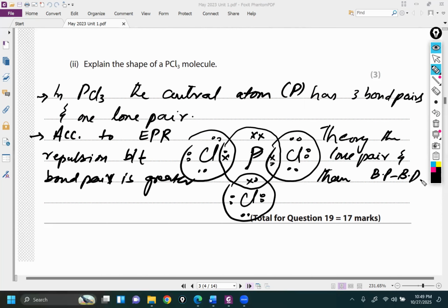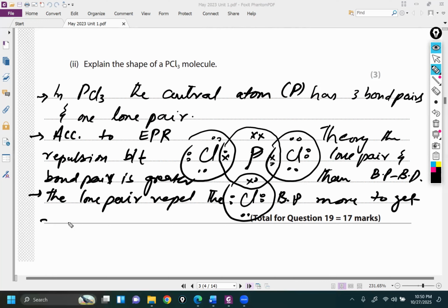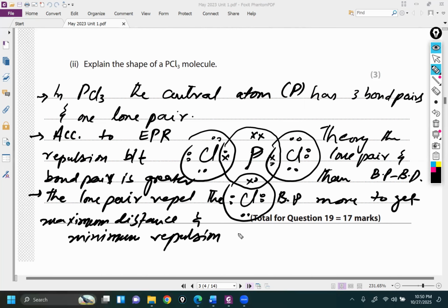So definitely the lone pair will repel the bond pair more, to get maximum distance and minimum repulsion. The shape is